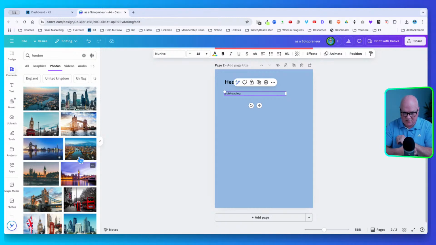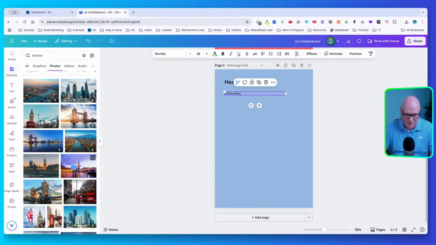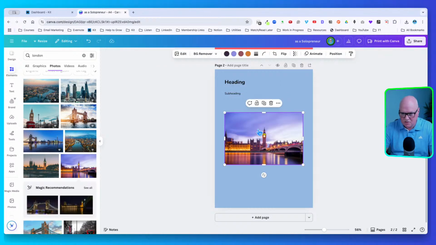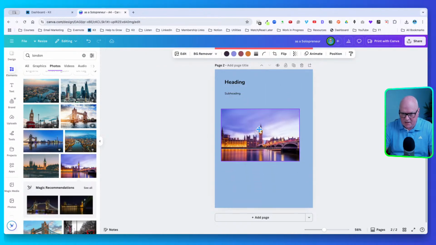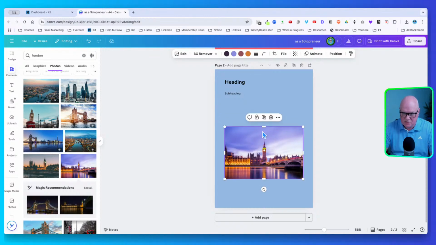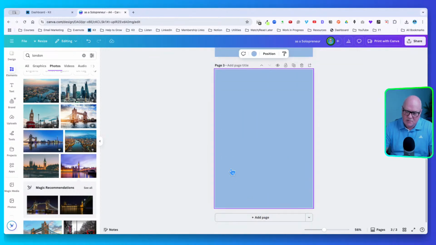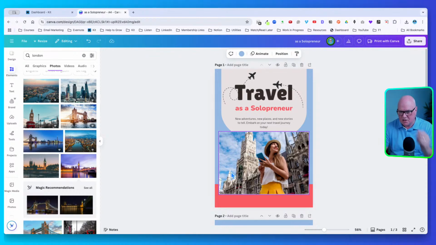As part of your subscription. Again, you'll see the little crown here if it's a paid version image, or like this one here where it's not. So I could just click on that, put it in there, and I can make that part of my page. You just continue to do that, add the pages that you want to add in, and then once you're done,